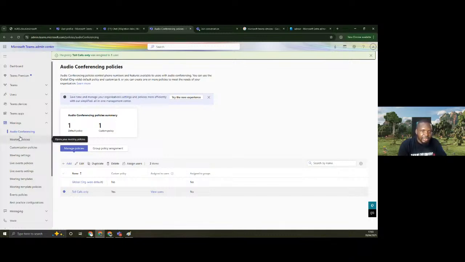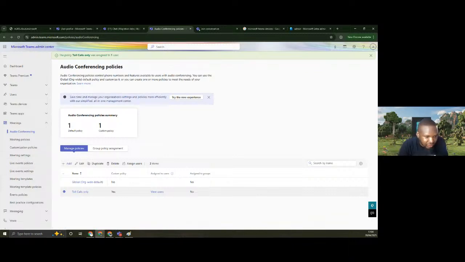So again, the next thing is about meeting policy, which we are going to be looking at in our next session. The customization policy speaks more to the Teams Premium license. So we really need to be rounding off at this point. I'll just look through the chats from different sessions and see if there is anyone that is having any question, and then we can provide responses accordingly.